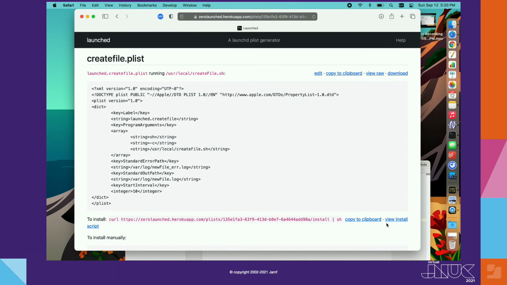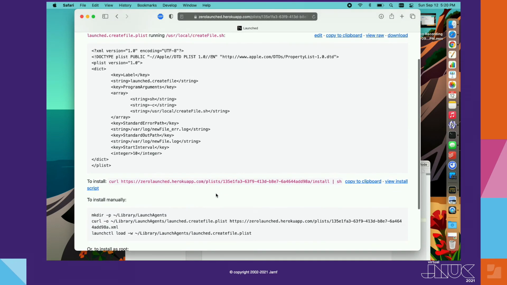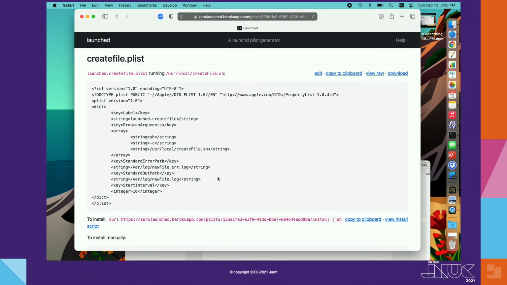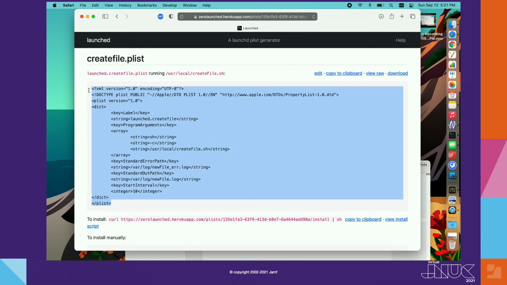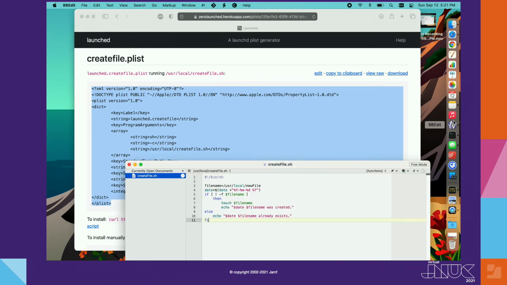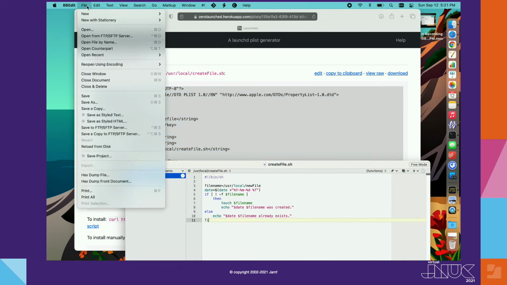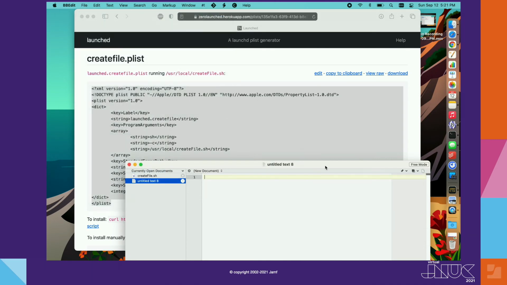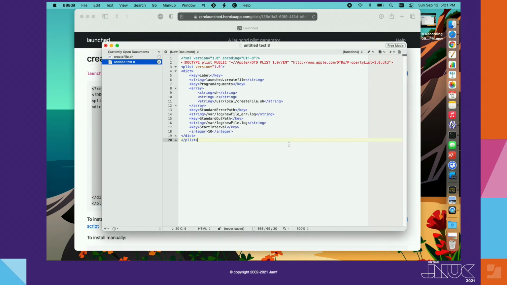So you can see here that this looks really similar to that one that we looked at before. There are instructions on this site saying to curl this and go ahead and load it. I do not recommend doing this. This is not a good idea. You don't want to just curl something from a random website and load it. What you actually want to do is just go ahead and copy this and put it into BBEdit. So I'm going to create a new text document and I will paste this here.